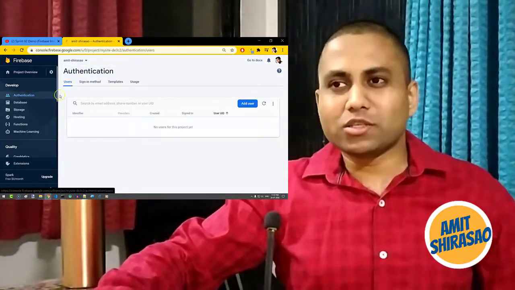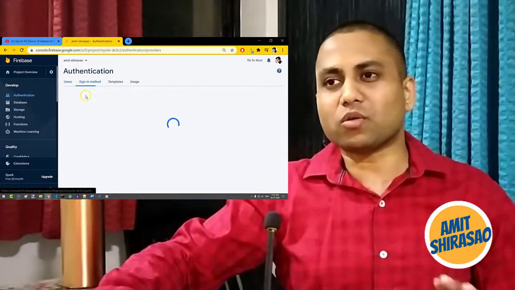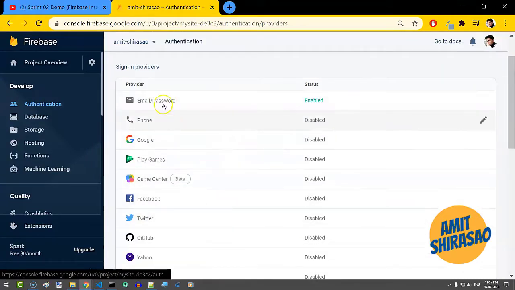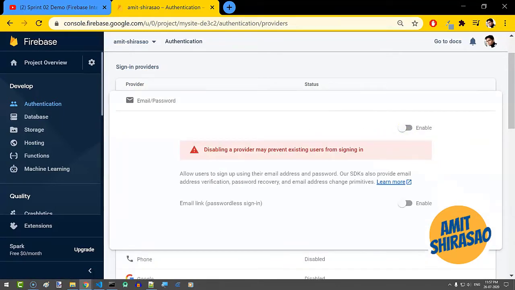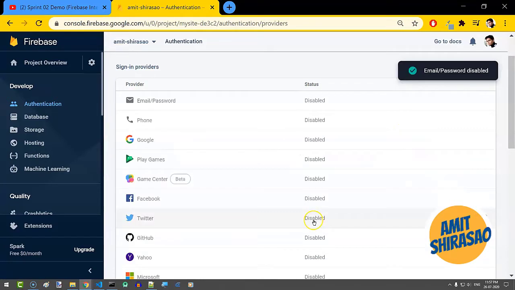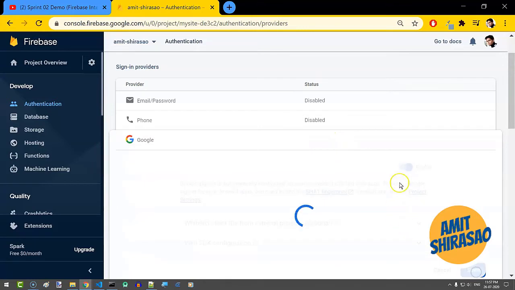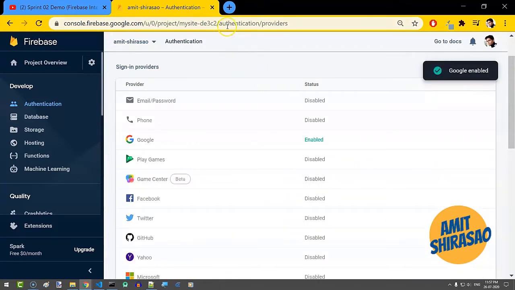In the authentication, you see here, these are all the sign-in methods that Firebase provides. Now, out of all of them, I have just enabled this email or password at the moment, but I also wish to enable Google, or rather even this should be disabled, and only Google method should be enabled at the moment, because the website can also have Google